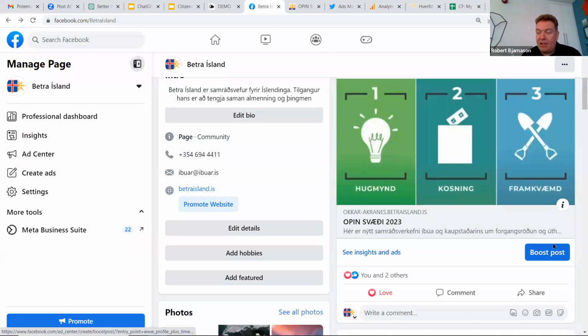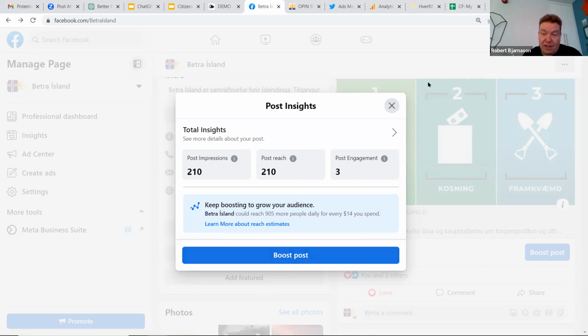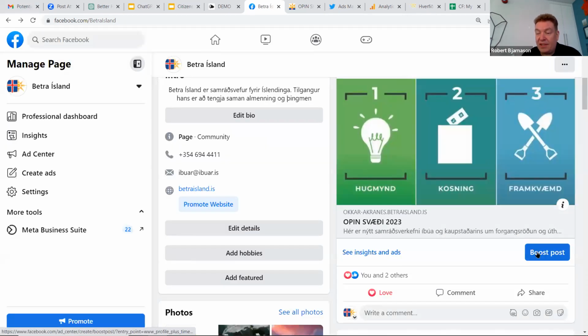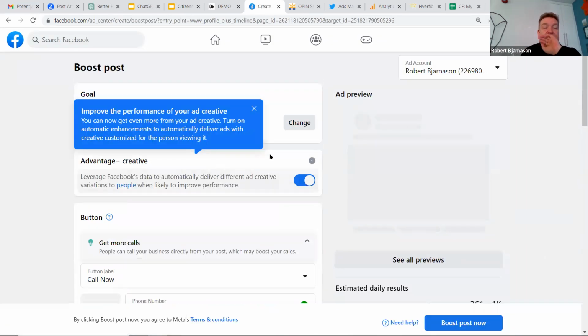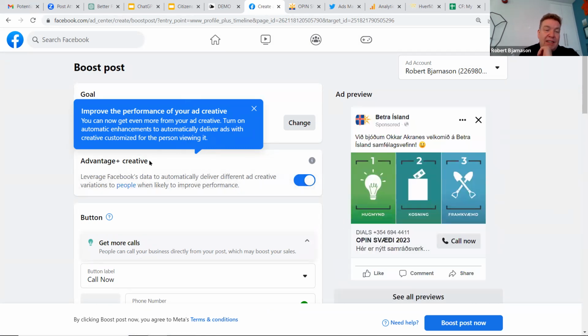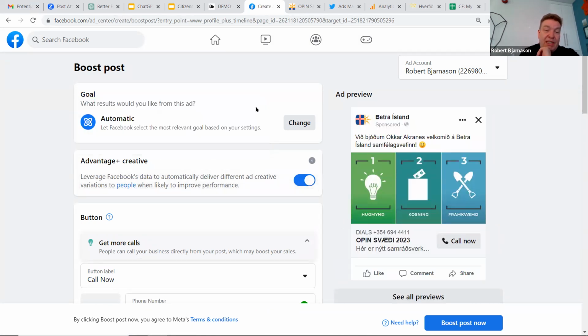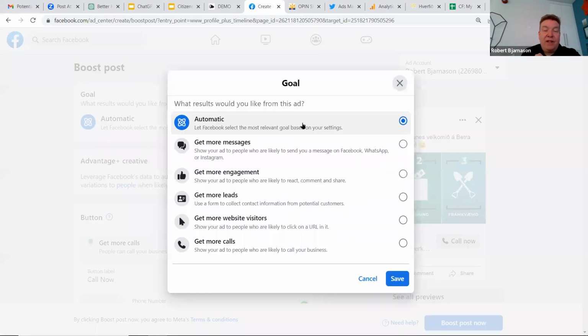So I can press the boost button here, or if I go into insights and ads, I can also press boost there. But let's just click here on boost, and then you have some advanced creative. I enable this now, so that it will try to make our promotion better. And what's the goal? I always change this to get more website visitors, because if you have an engagement